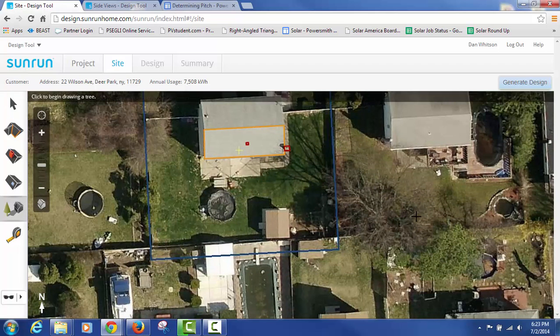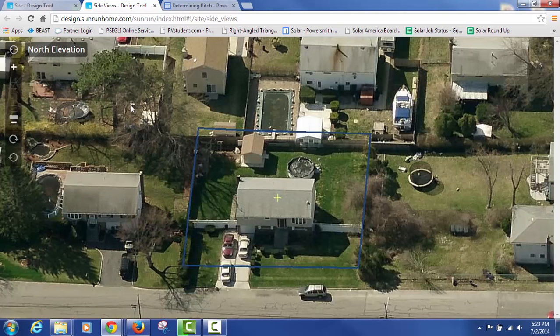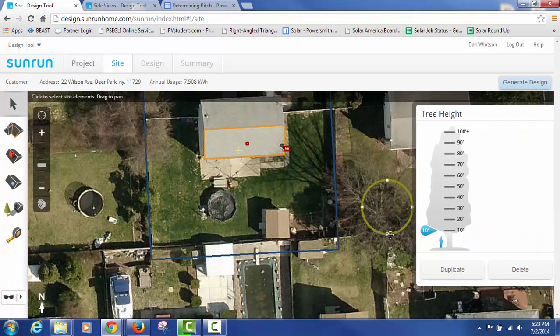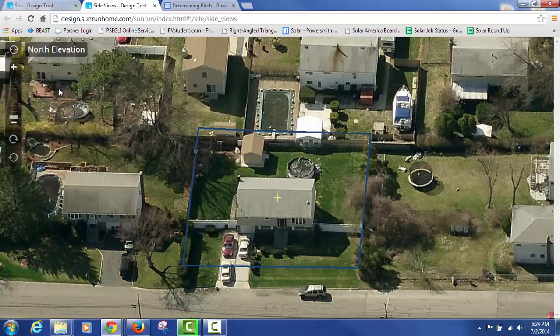So take the tree tool. You want to identify where the base of the tree is. So it looks like that's right on the corner of those 3 properties. Ish. And once you've selected it, you can move it around. It doesn't have to cover the entire tree, but you want to get it around most of it. So it doesn't need to get those branches that are just tweaking past there, but get the bulk of it, and then you've got to pick what the height is. So let's talk that process through.